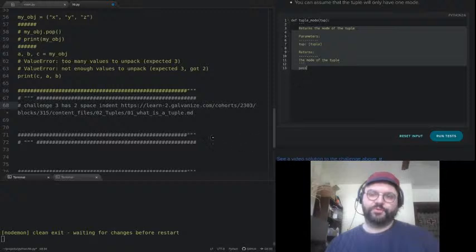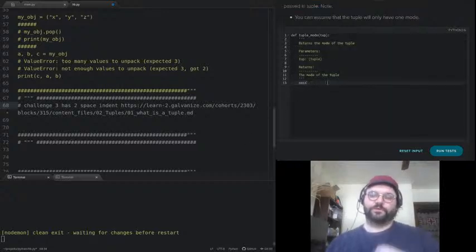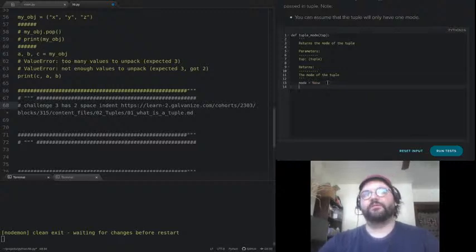Returns the mode of the tuple. Tuple mode. Oh, okay. So complete the function tuple_mode, which will calculate the mode of the passed tuple. You can assume that the tuple will have only one mode. Okay, so the mode is just the most frequent value, so I'm going to say mode equals, initially I'm going to start it at None, and then we'll say,